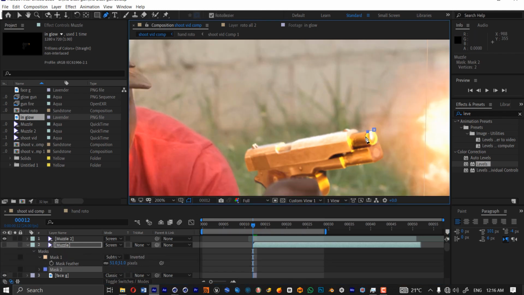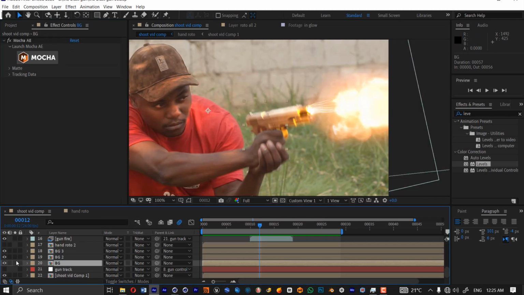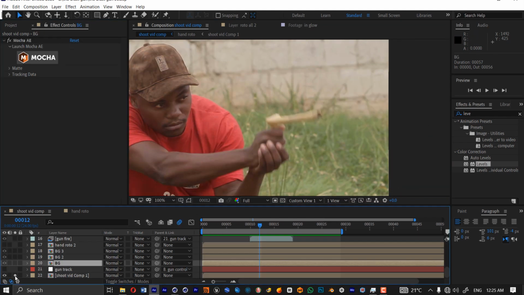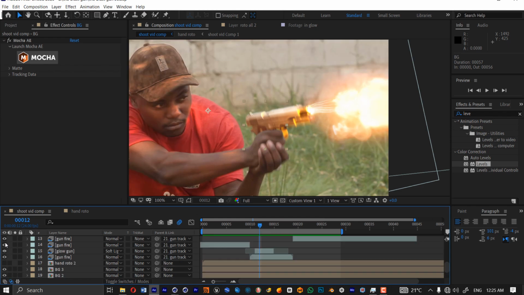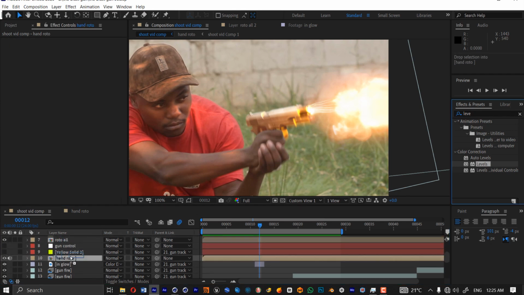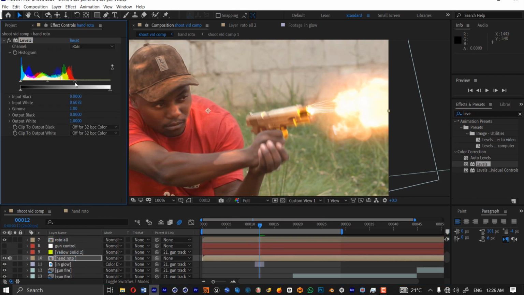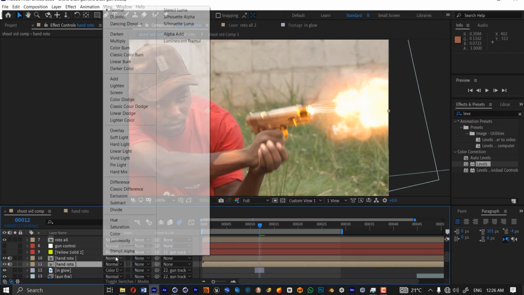We can also mask it so that it only appears to be coming from the inside of the gun. And another thing that we need to add is some glow on the hands. For that one, we're going to use the old method, which is just duplicating the main layer, adding your levels, brightening it up, and giving it some reds, also some greens, and we can change the blending mode to classic color dodge,